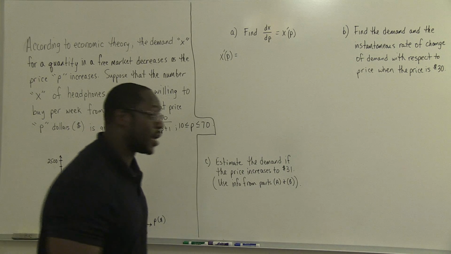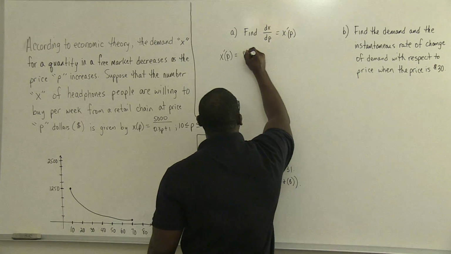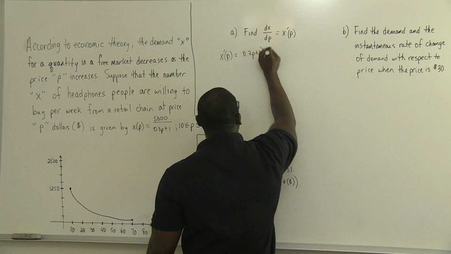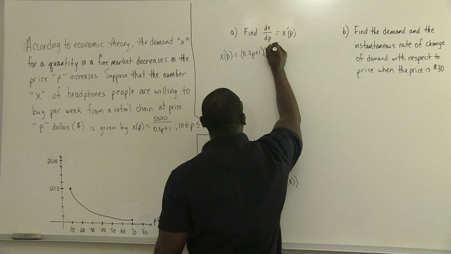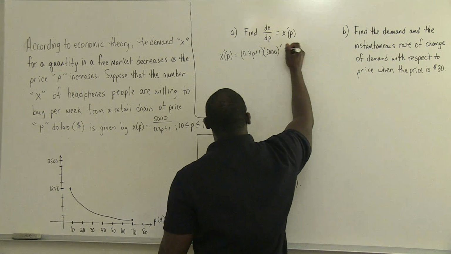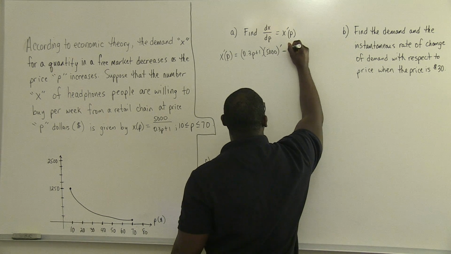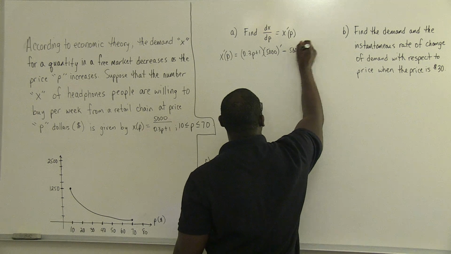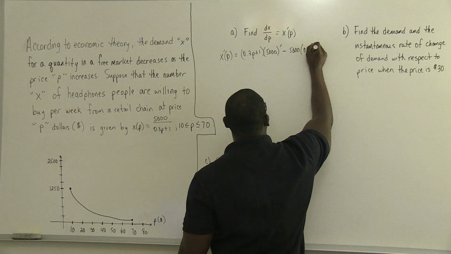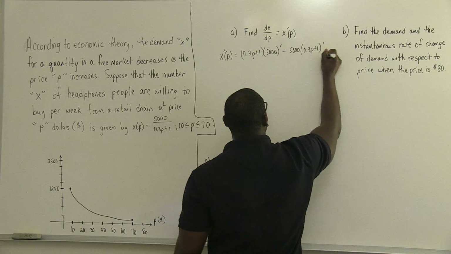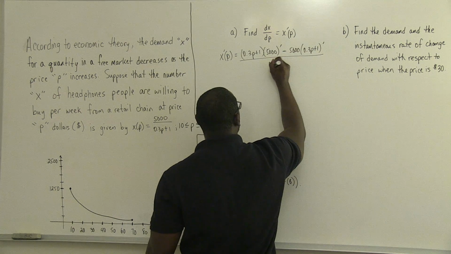So we'll go ahead and apply that now. Low, and then derivative of high, minus high times the derivative of the low function, all over